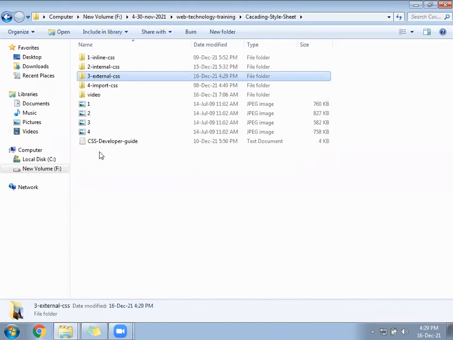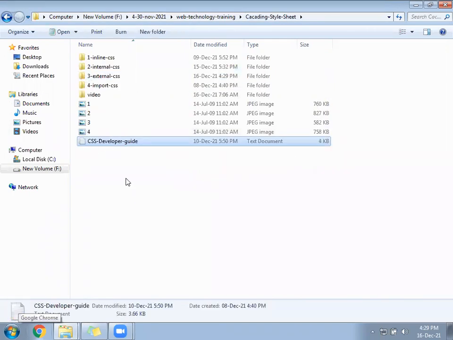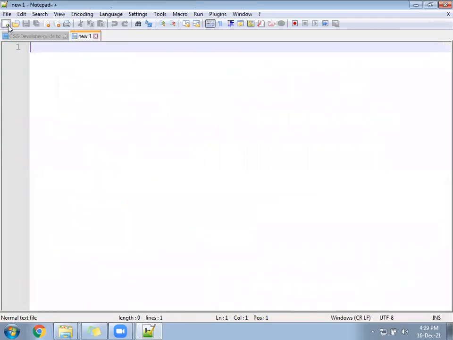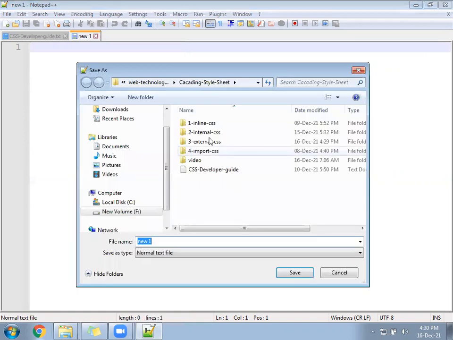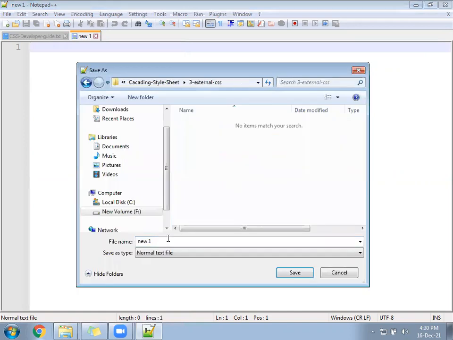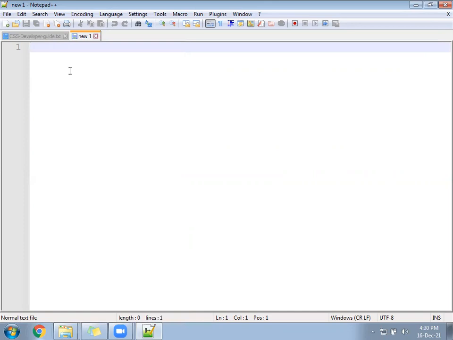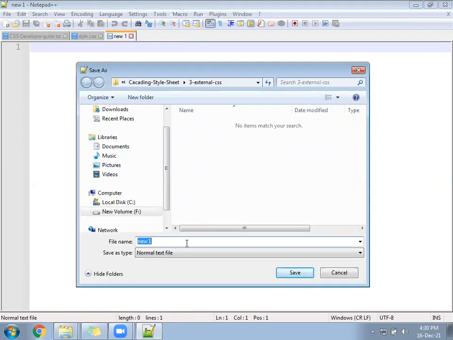Now create a file, style.css, in the external folder, and create one more file, index.html.